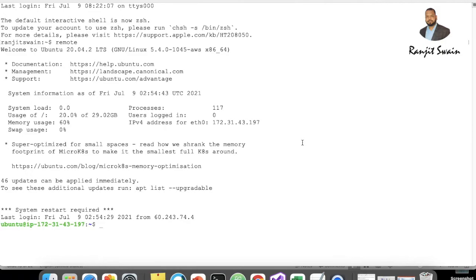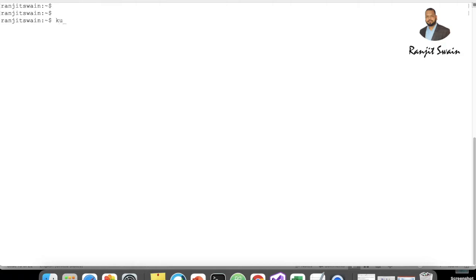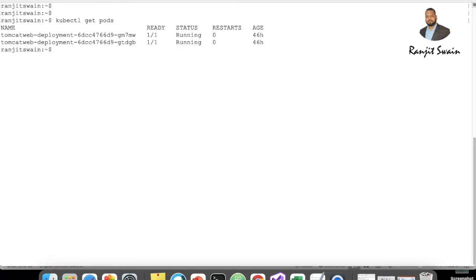Suppose there is one simple command which we use mostly in Kubernetes, kubectl get pods. This is the command we use, right? And there will be multiple commands. If you're using a different namespace, you have to use the namespace flag, suppose dev, like this. So how can we make an alias for kubectl get pods, or kubectl get namespaces, whatever commands you want? Simply create an alias.